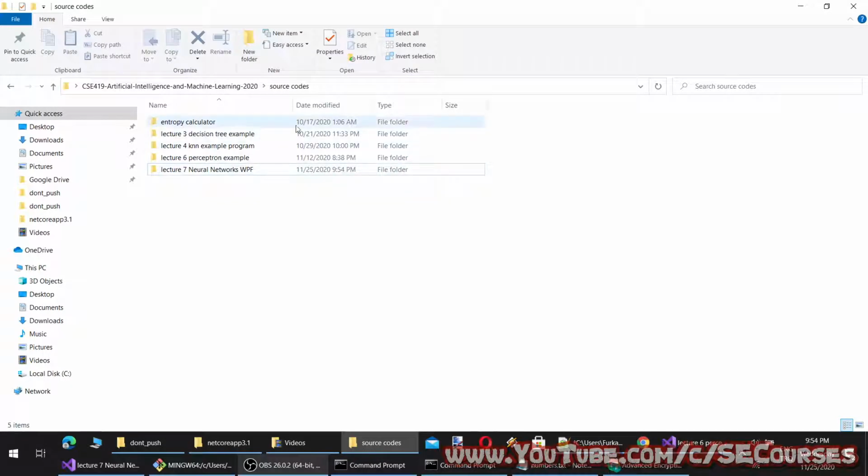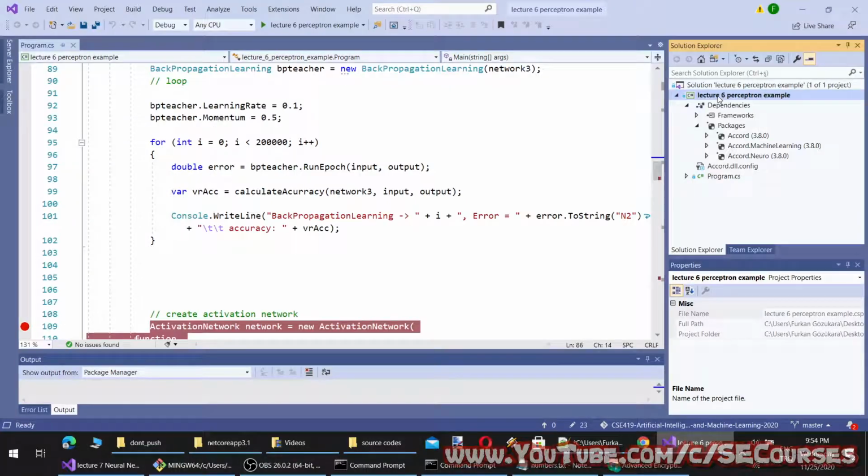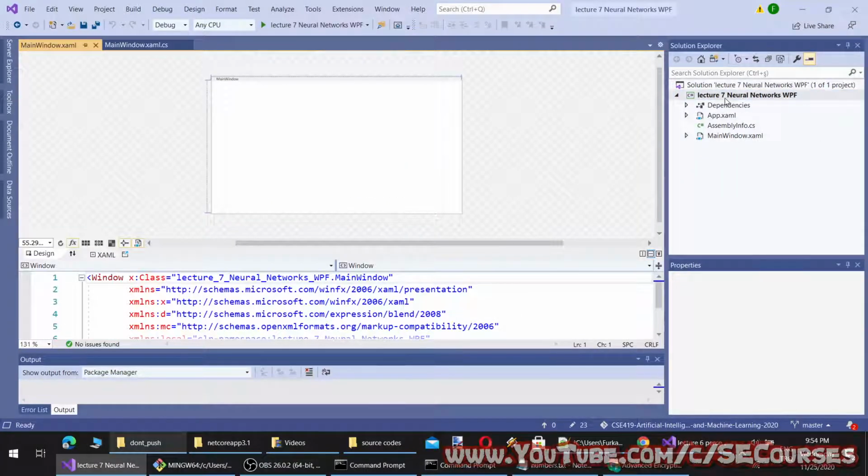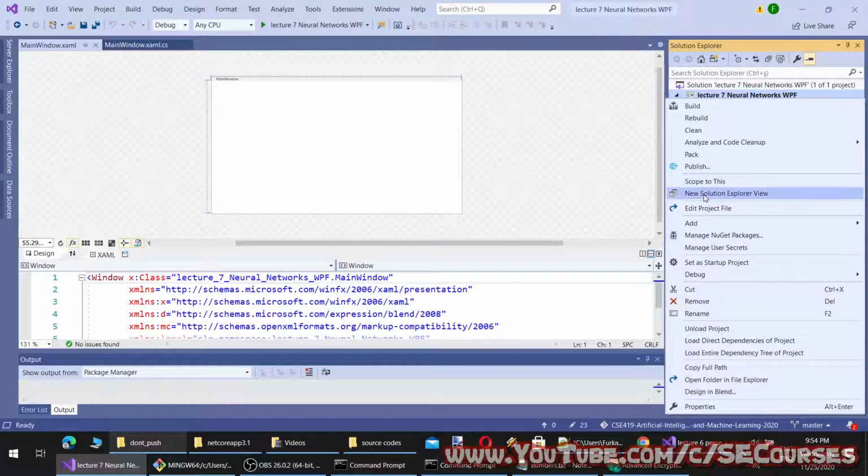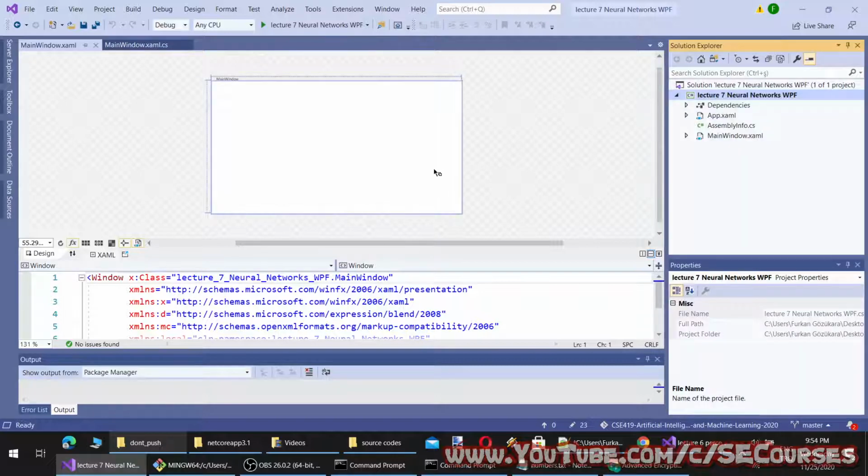Okay, so when the video was paused, I composed the WPF project as here, and I'm going to add the packages to our fresh project by Manage NuGet Packages.